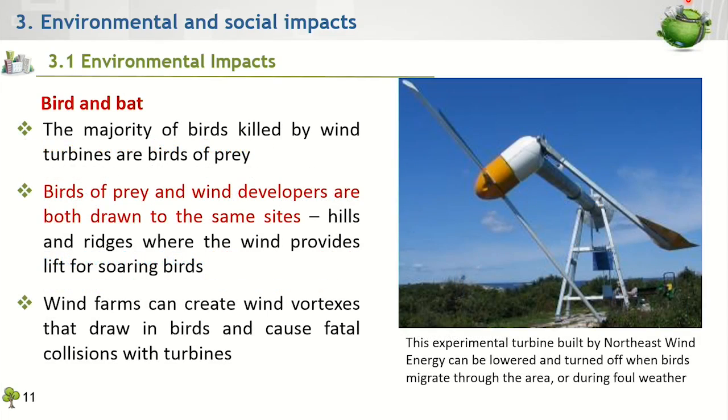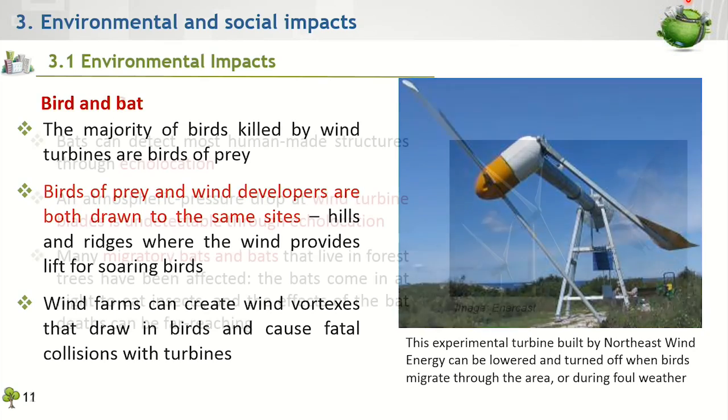Additionally, not all species of birds are affected by wind turbines. In general, only the migratory birds and the birds of prey are often affected by wind farms because these birds enjoy flying on the hilly and ridge zones, which are technically appropriate for wind farm development. But thanks to the continuous development of technology, various technological options are being developed to lessen this kind of impact on the birds. For example, some wind farms are equipped with automated switches, which can turn off when birds are